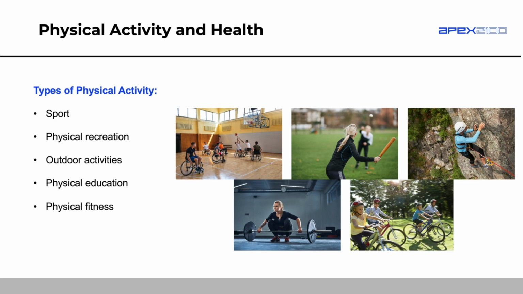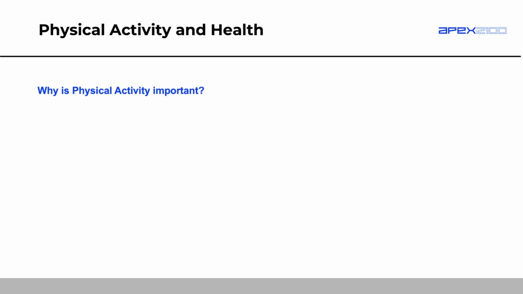Physical fitness is when we complete a task or activity with the purpose of increasing our fitness level. Now, this might be our endurance, and we might want to increase that by going for a run to increase endurance. This might be going to the gym to increase our strength or our power. So, a few different types of physical activity there. And again, they're not clear cut.